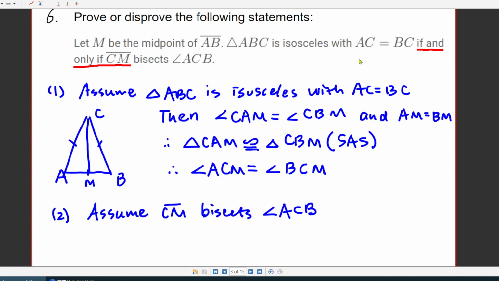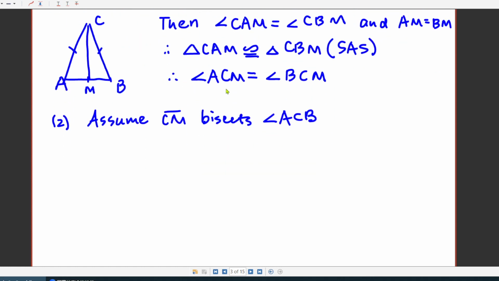If you can prove that, you can prove the if and only if statement, right? So suppose we have a triangle here. M is midpoint. If you assume CM bisects angle ACB